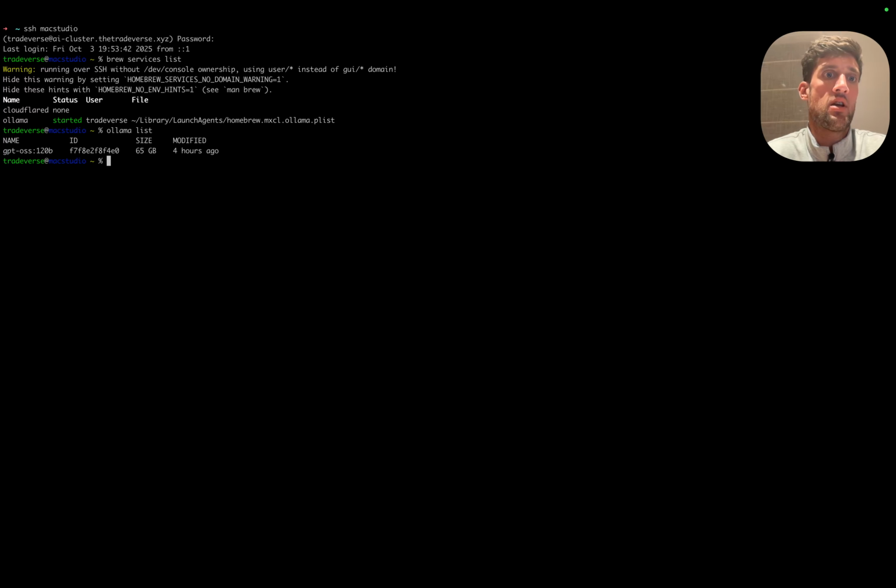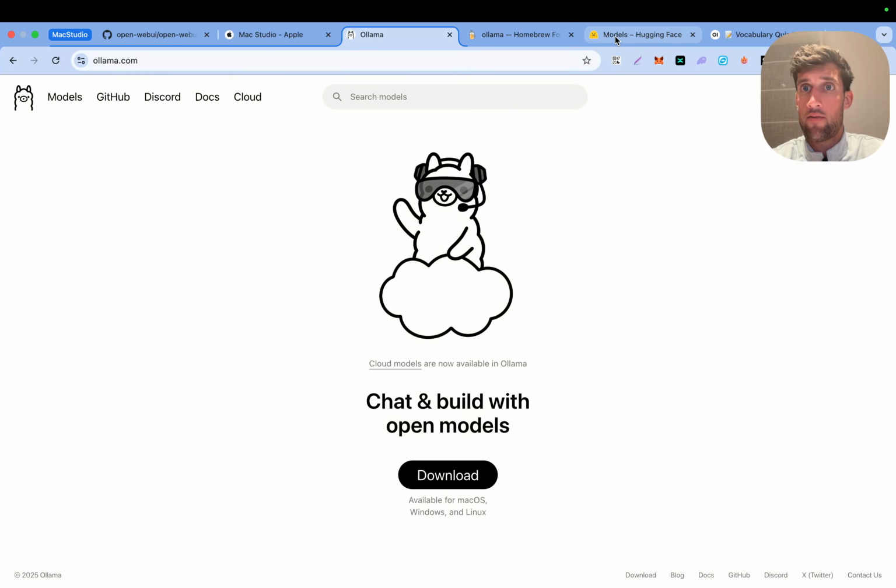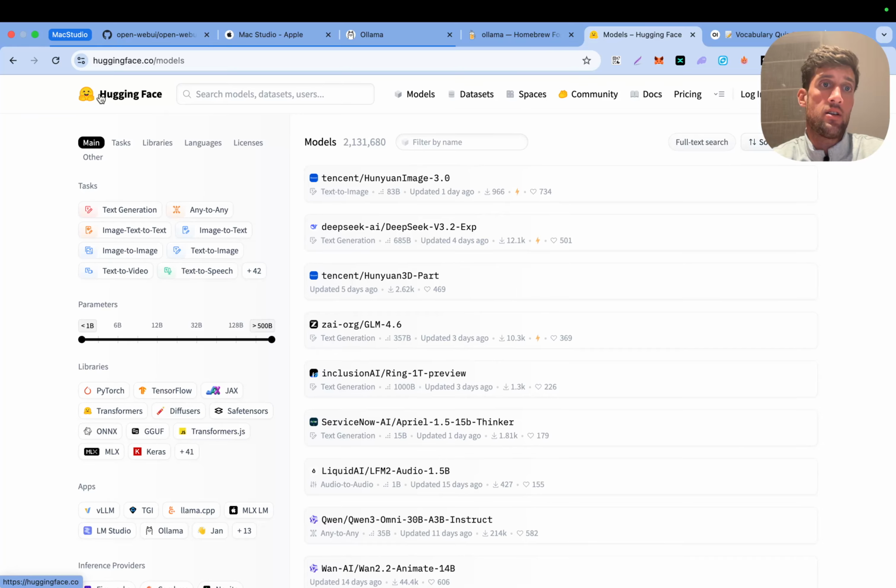So I use it for this example. But if you want to pull any other model, you can just do Ollama pull and put the name of the one you want. It's downloading from Hugging Face, so you can just go on Hugging Face. Hugging Face, if you don't know about it, I advise you to have a look. It's a website where you can see all the different models created and uploaded by the community,